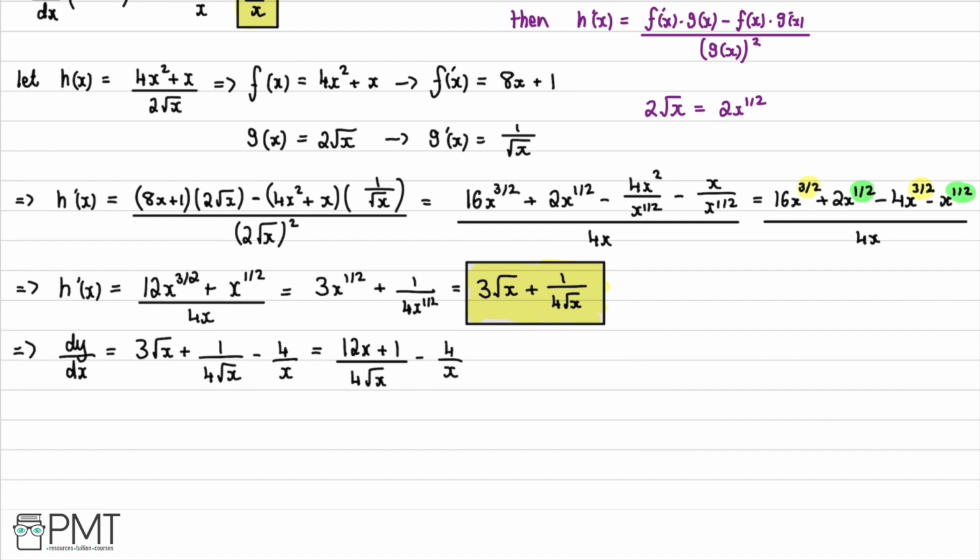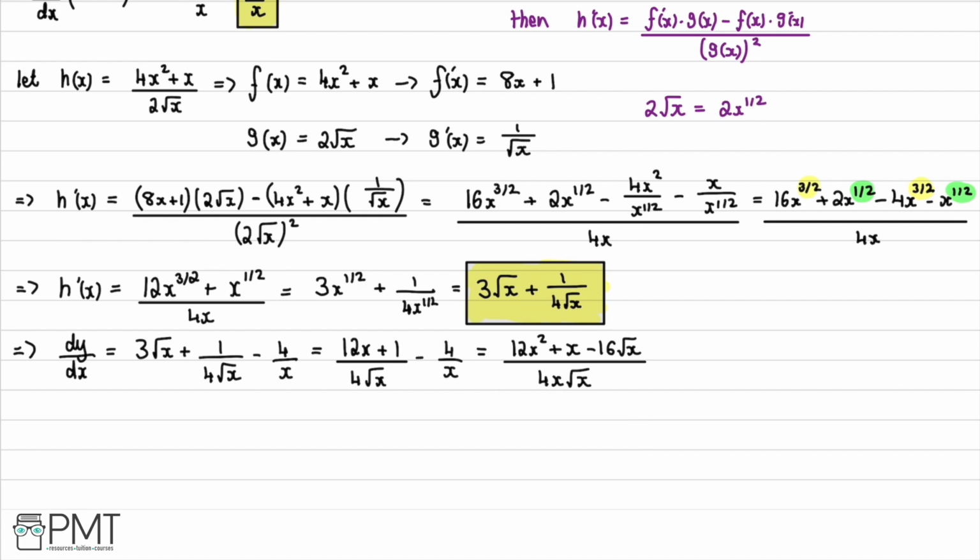And then once again, we can just use the kiss and smile technique again. So we have x multiplied by 12x plus 1. So that's going to be 12x squared plus x. And then our other side, we're going to have negative 4 multiplied by 4 root x. So that's going to be negative 16 root x. And then our denominator, what's it going to be? So it's going to be the two denominators multiplied together, which is going to be 4 lots of x